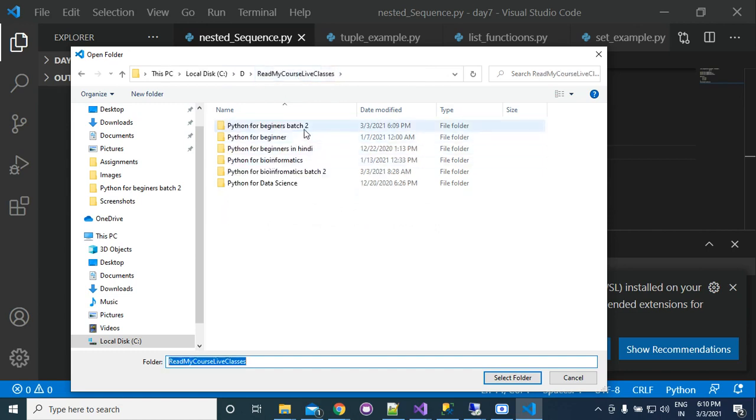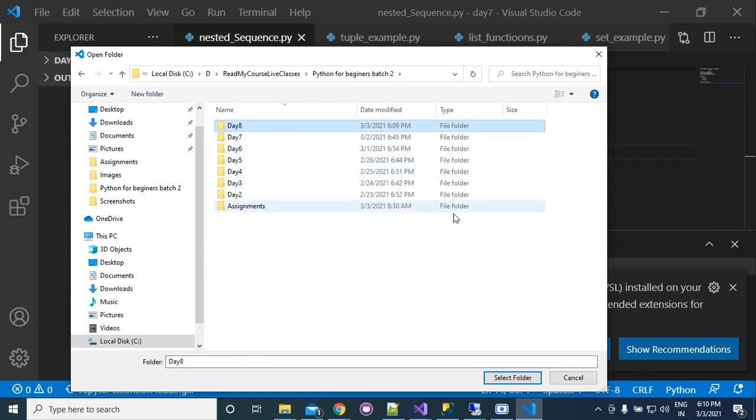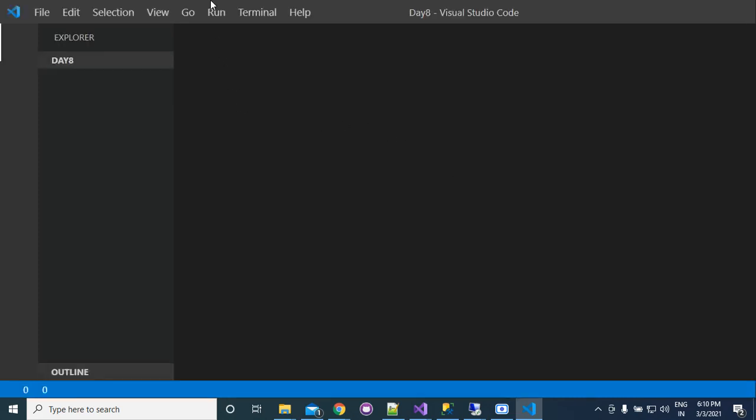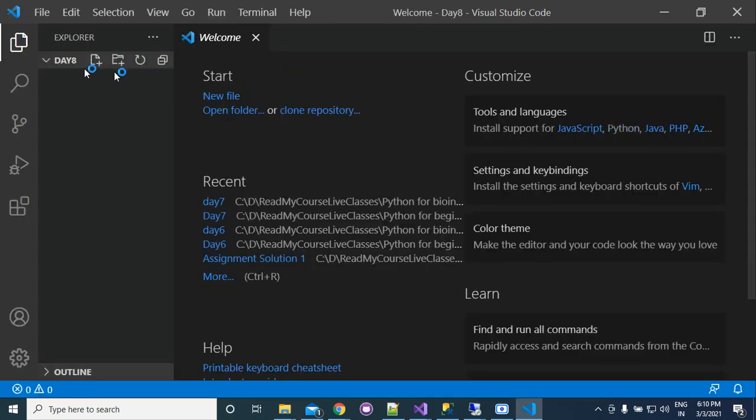Similarly, as I am storing my files, you can also store your files, like day one, day two, day three, and all of the code. You can also practice. Keep all the assignments at one place and all the projects at one place, so that it is easy for you when you find something related to apply in your project or any part of your program.